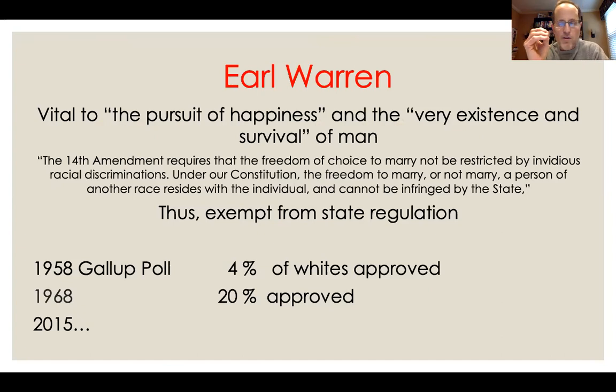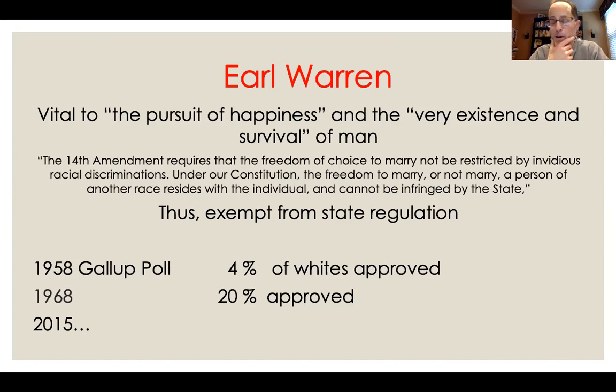We get the idea that there are all sorts of things that the state can infringe upon. The state can require you to vaccinate your children. The state can require you to get a license to marry. The state can require you to wear a seatbelt. There's all sorts of compelling interests. But what he's writing here is the right to marry by your choice is not the domain of the state. That we can get. But look at the part above, that the right to marry is part of the very existence and survival of man. To some degree, that comes back to the concept of dignity.